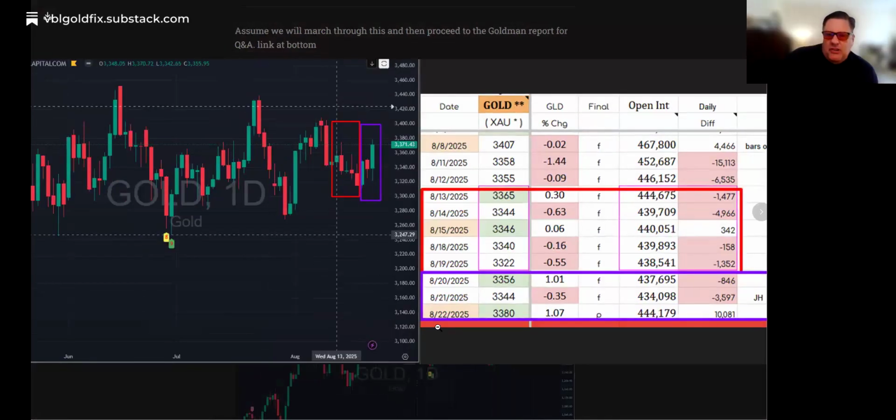So here's the 8 days in question, the 5 days that are covered by the reporter in red. The purple is the 3 days afterwards. And normally we go through this, and I will go through this. The 5 days down is essentially a trend week lower, but the 8 days altogether are a round turn normal variation day. What does that mean? It means the market's unchanged on the week on these 8 days, the 8 days covered. Okay, so